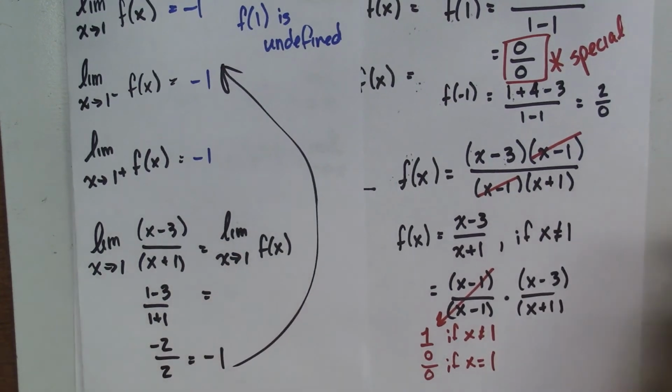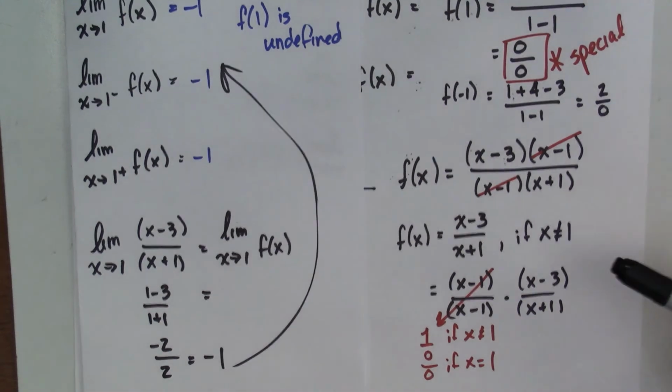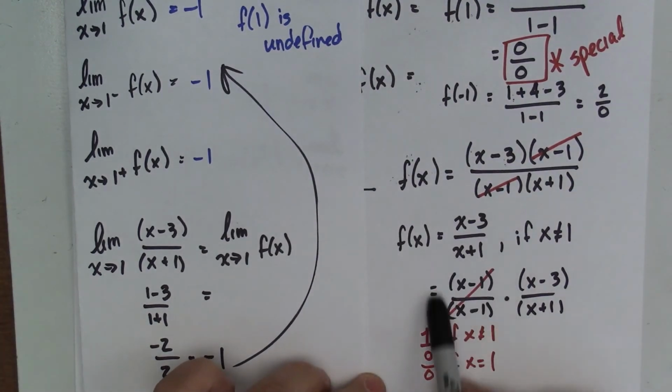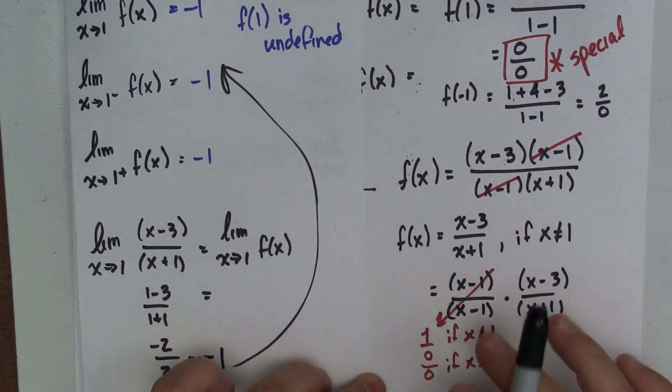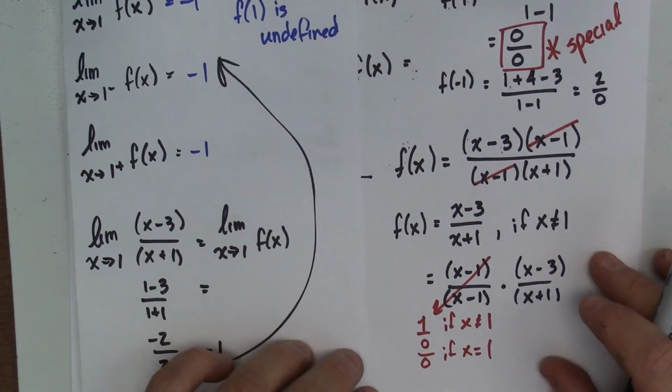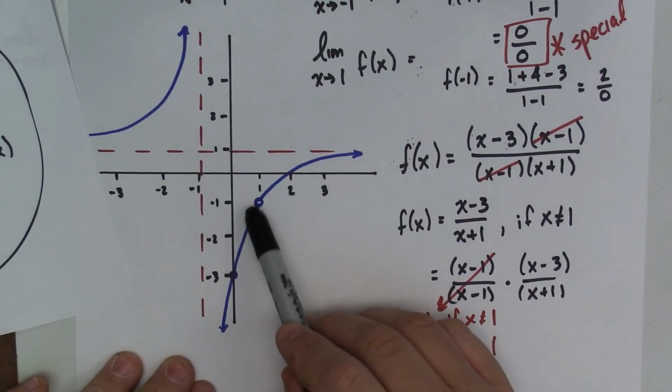I hope that you have found this video useful. This skill is actually going to be very important as we move into chapter 3. So please make sure you understand the idea of if I create a situation where I've got 0 over 0 and I can eliminate that point, then this limit does exist, which is why we have this gap here,